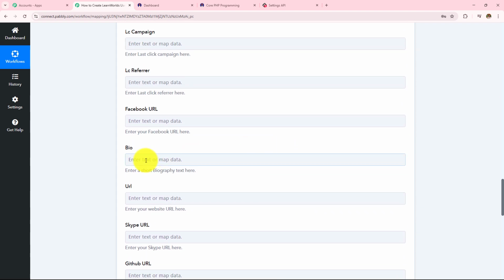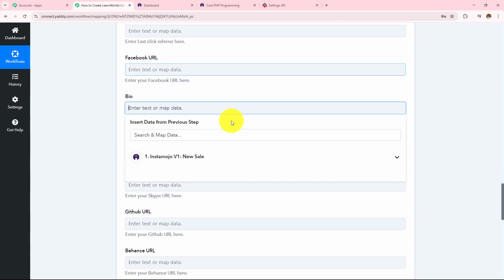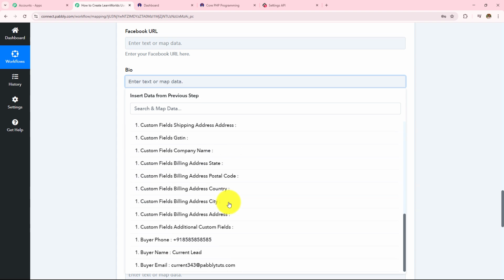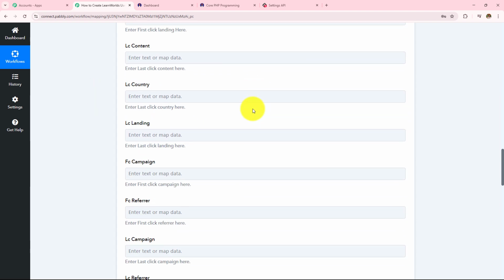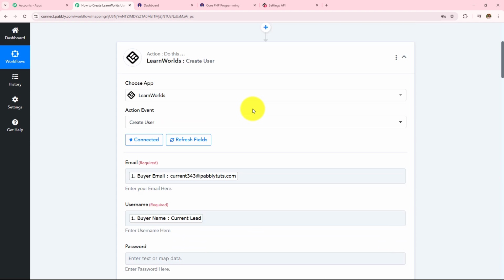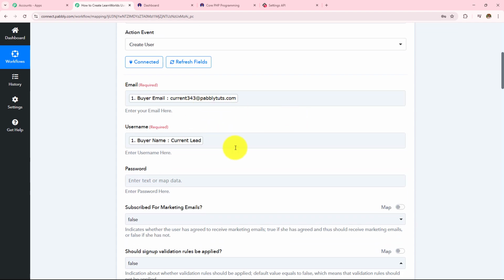Now let's say I want to enter the phone number in this bio field. Just for now, I am going to enter my phone number that I have received in the response. Over here, mapping is important so that every time you receive a new response, it is taken into consideration in these fields. Manually entering the data will make these fields static, and the information will not change even if you have received a new response. If I manually enter any detail, this field will become static, and every time I receive a new response, the result will not change. So as to keep these fields dynamic, we use this process, mapping, instead of manually entering the details.